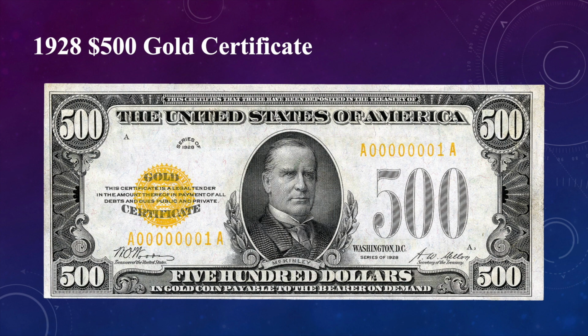So 420,000 of these were printed with no real varieties. And so again, there's no star notes. There's not really any variance in the signatures. Woods and Mellon were the ones signing these. And the serial numbers that are considered 100 and lower will get more of a premium at auction.